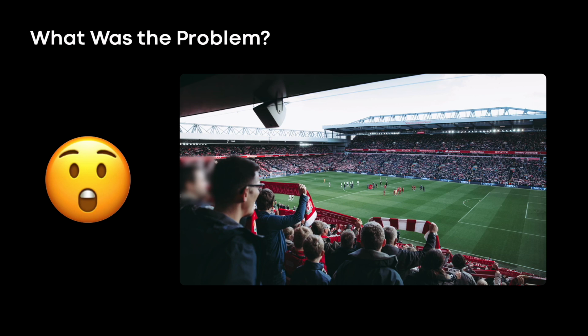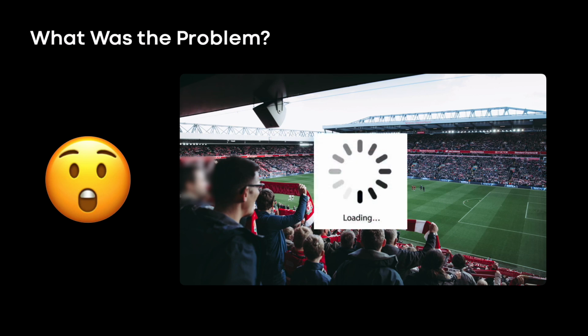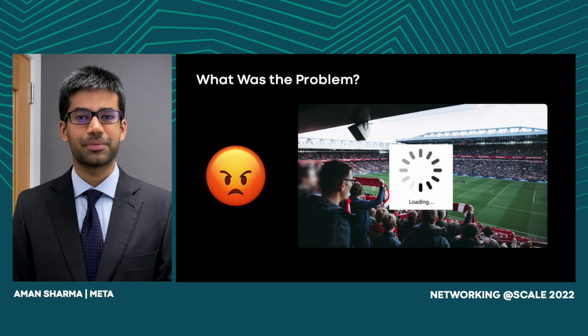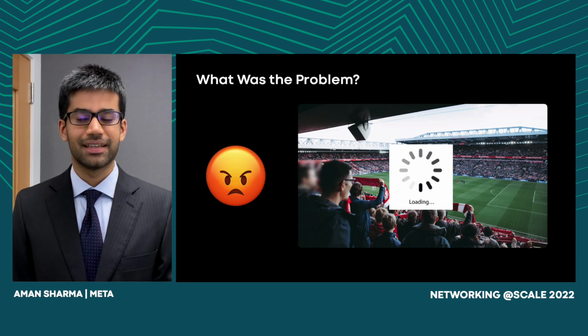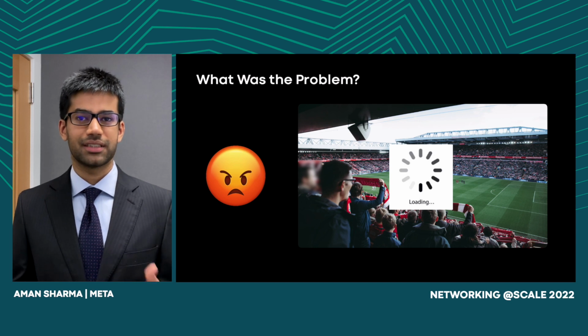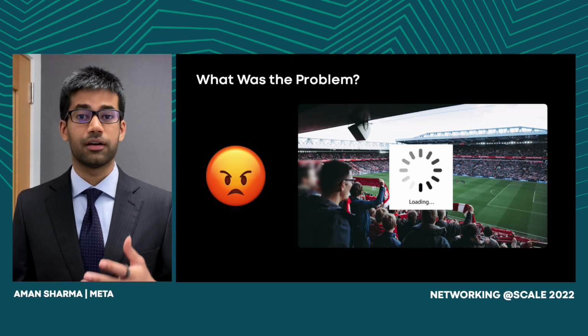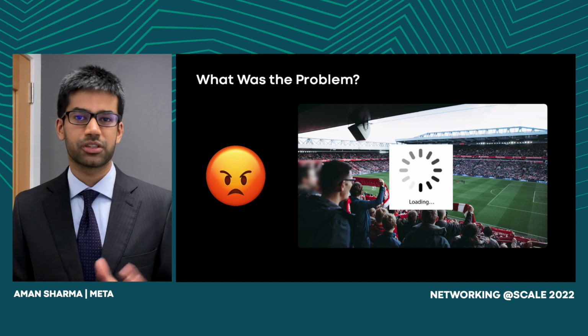Let's suppose you're watching your favorite football game on a live stream, and someone is just about to score a goal when all of a sudden the video starts buffering. You'd probably be pretty upset at this. And this is an issue that we were facing at Meta, and it happened when our layer 4 load balancer misrouted packets. And these misroutings had the most impact for live stream connections, but it was also a general problem